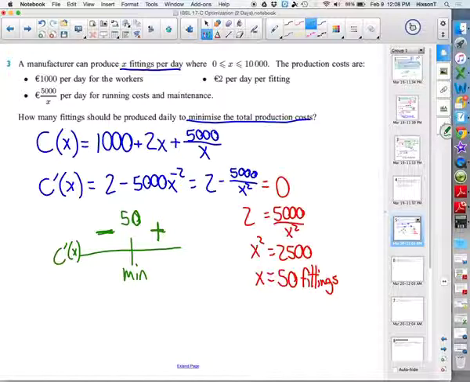Now, we want to test a couple of things here. We haven't had to do this yet. There are 3 possibilities of where our minimum costs are. Okay? One would be at an endpoint of 0. Okay? We know it's undefined there. Alright? So,